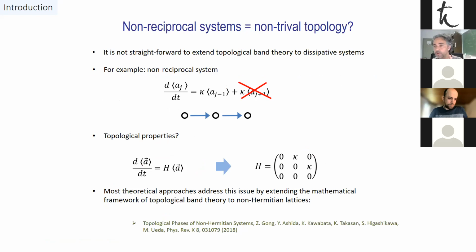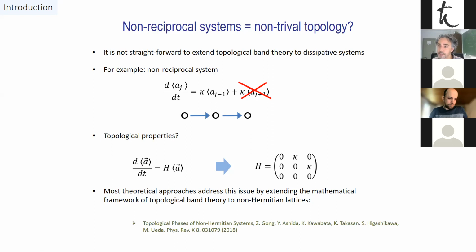To answer this question, we could just try to formalize the question and study the directional amplification in terms of coupled equations for the amplitudes. And this would lead to basically writing equations of motion that depend on a non-Hermitian coupling matrix. So here we would have to apply the physics of topological non-Hermitian systems,